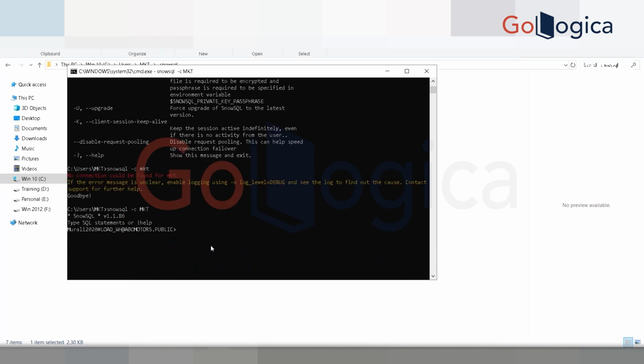Okay, that's case sensitive. Say that it is case sensitive. So you see, now it is connected. Murali 2020, that's my account name, and the first one is your warehouse name, and the second one is your database name, right? So for example, if I go for select